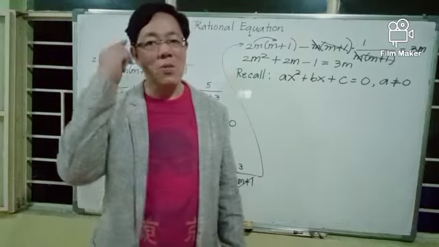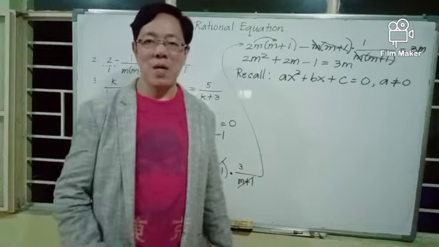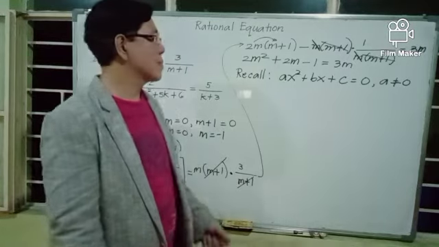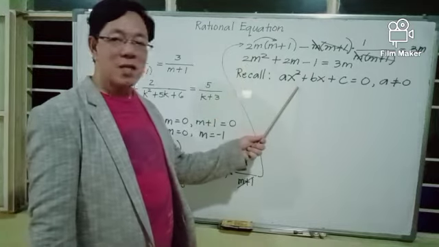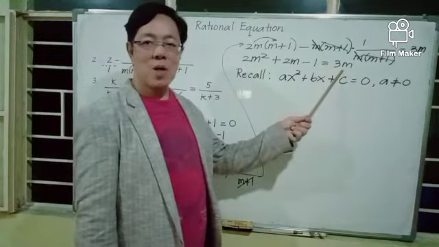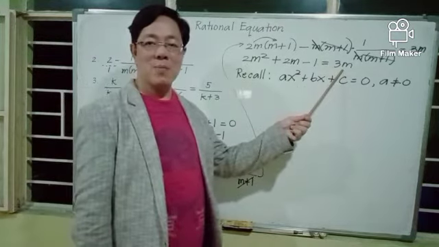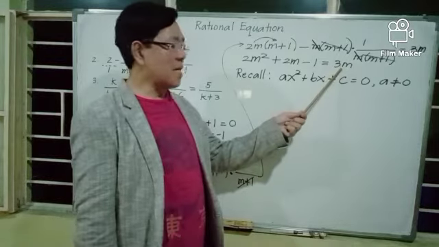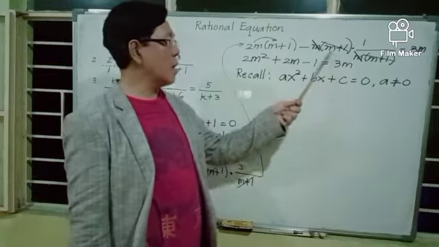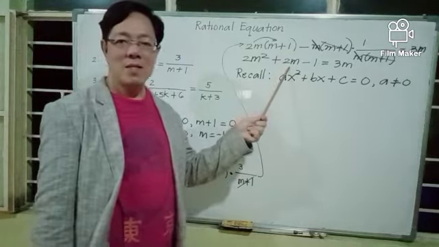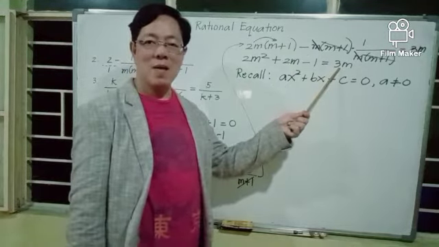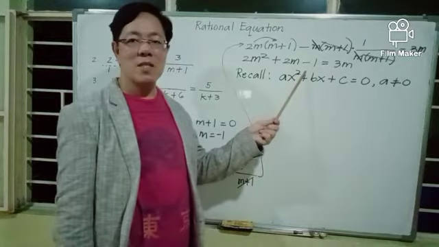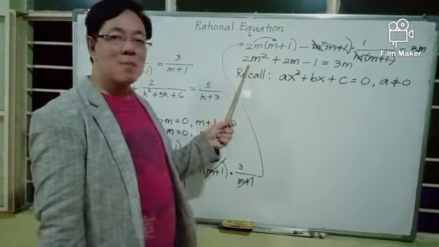You have an equation where the highest exponent of the variable is 2. So to write this last equation in standard form, one side of the equation, usually the right hand side, must be 0. Therefore, we transpose 3m to the left hand side. And when you do that, you take the opposite sign of 3m. It becomes minus 3m. We have 2m squared